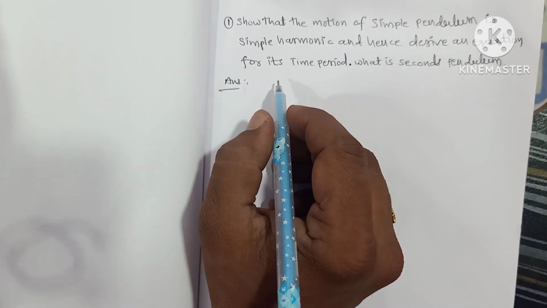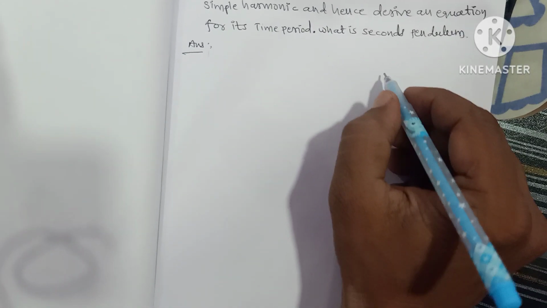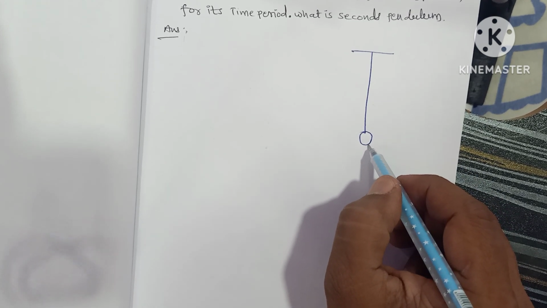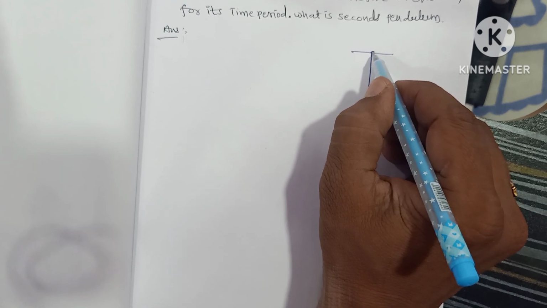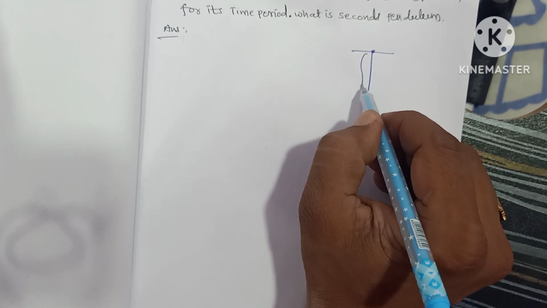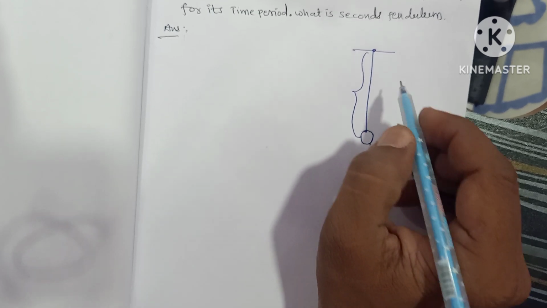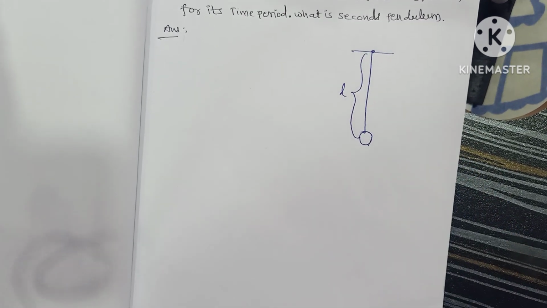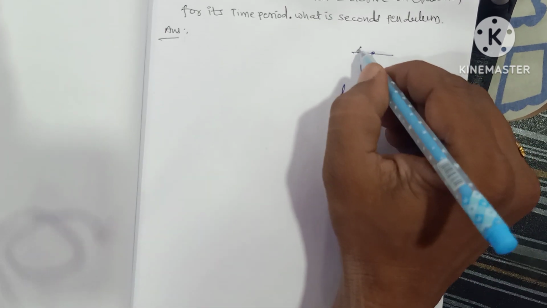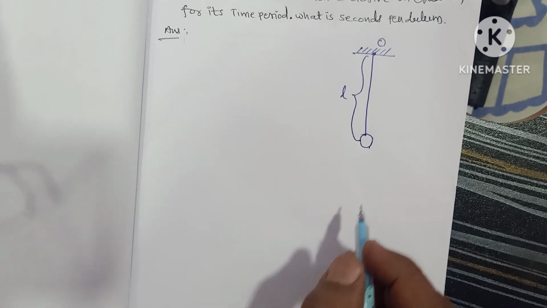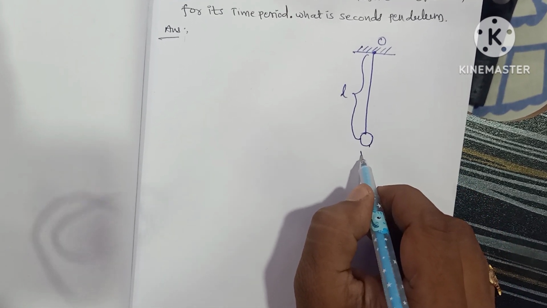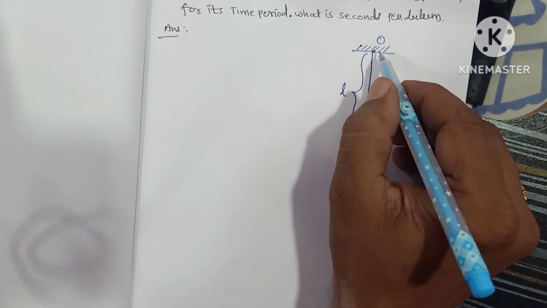Now in order to discuss the answer for this question, let us consider a simple pendulum. Now this is a metal bob. We call it a simple pendulum, which is suspended from a rigid support, such that from the rigid support to the center of the pendulum is called the length of the pendulum, and here it is fixed at point O. Let us suppose that the mass of the pendulum is m